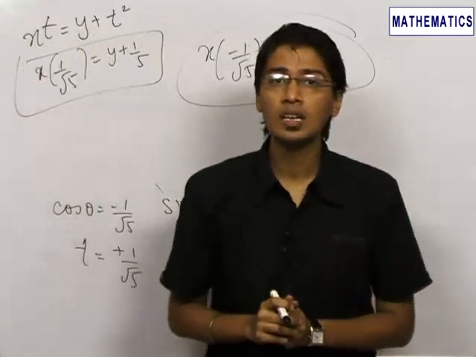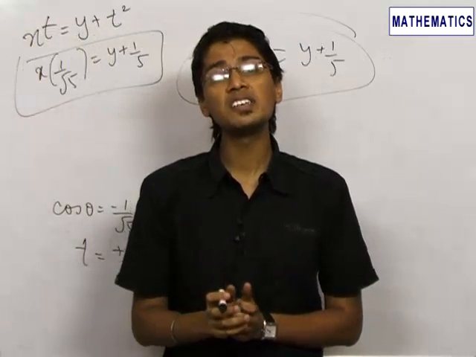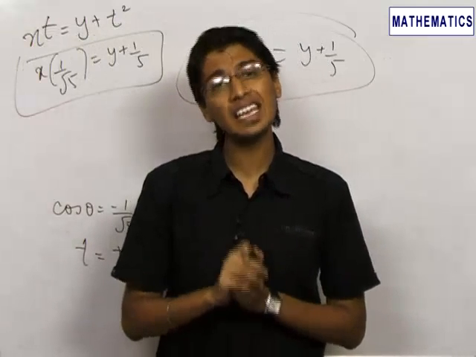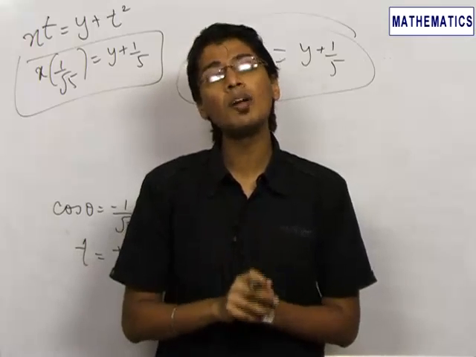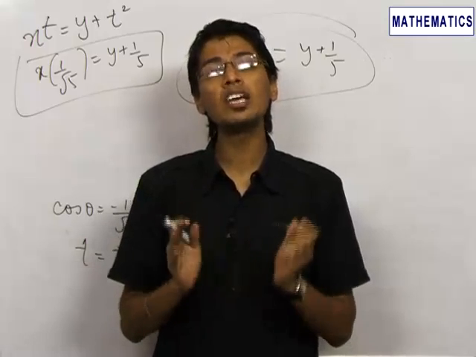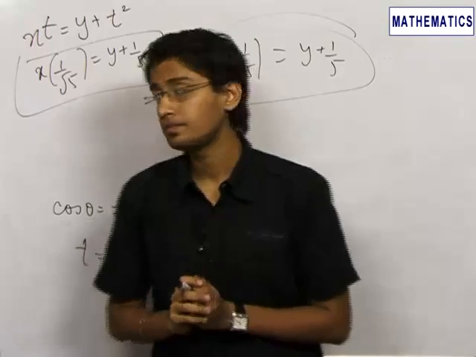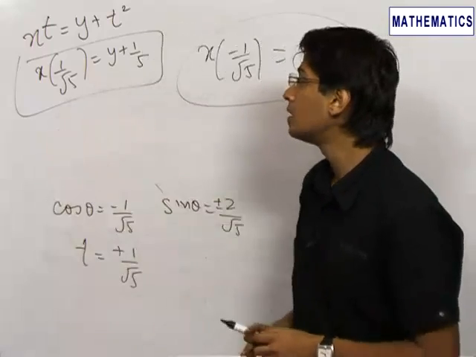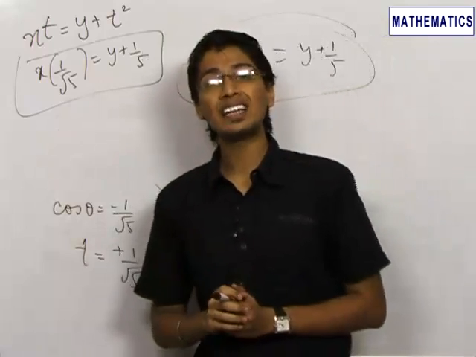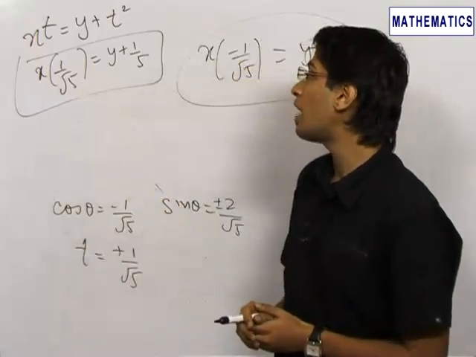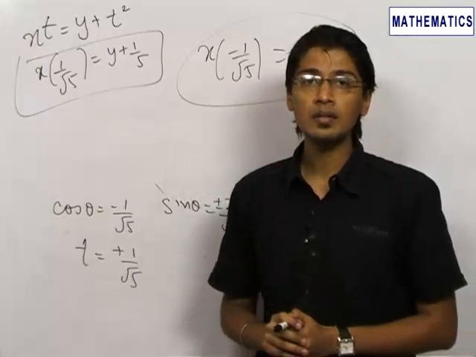Hence in this question we learned how we can compare two different equations, one of which is representing a tangent to our first curve, and the second is representing a normal to the second curve. Hence we can compare both the equations and get the parameters, and hence the final answer: the tangent to the parabola which is normal to the ellipse at the same time is x/√5 = y + 1/5 or −x/√5 = y + 1/5. That is our final answer.